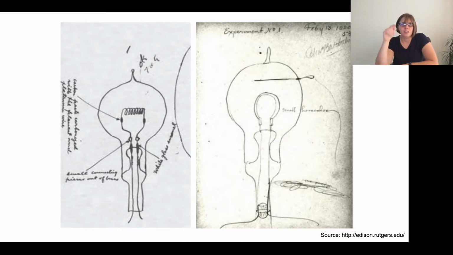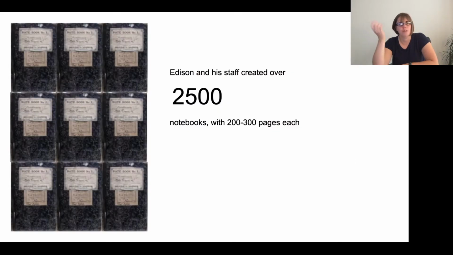And you can see that there's been some kind of evolution between these sketches, because the one on the left has a coil, the one on the right doesn't. That's just a circular shape. You can see that he's annotated them. The writing is very hard to read, obviously, but he's not just relying on the sketches. The sketches are a way to convey what he wants to say, but the annotation is what gives it the detail. So that's a crucial thing to remember: annotation is not something to be shied away from.